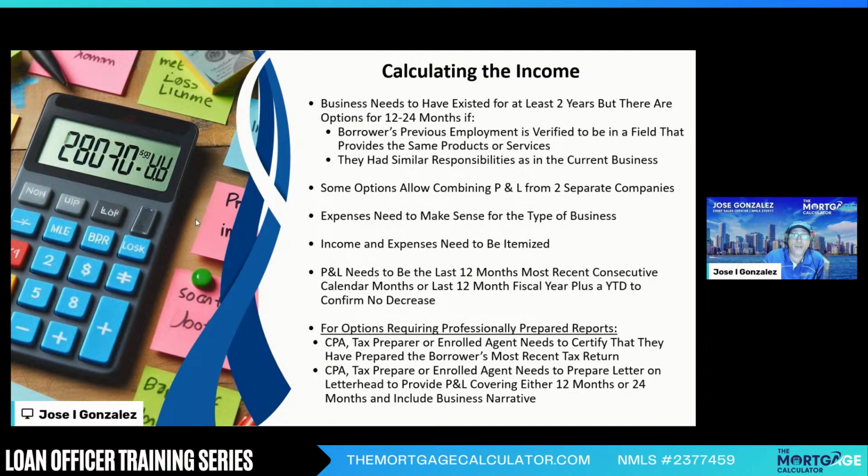But what are some of the points to consider when reviewing the P&L report, or when even asking for the P&L report? The first is the most important one. The business needs to have existed for at least 2 years. That's 24 months. But there are options for 12 to less than 24 months if, number one, the borrower's previous